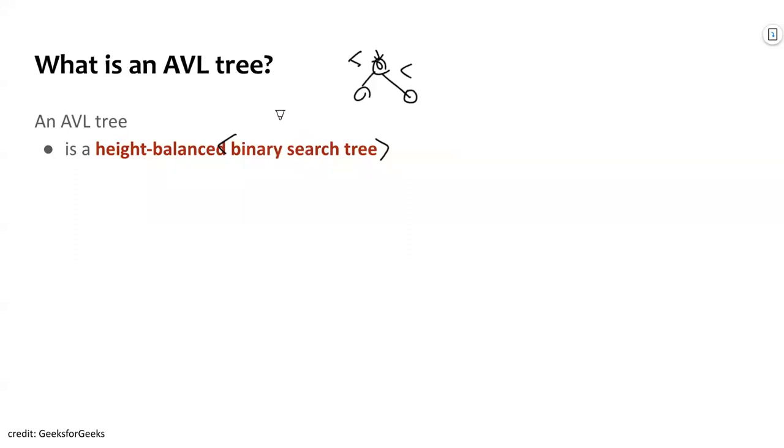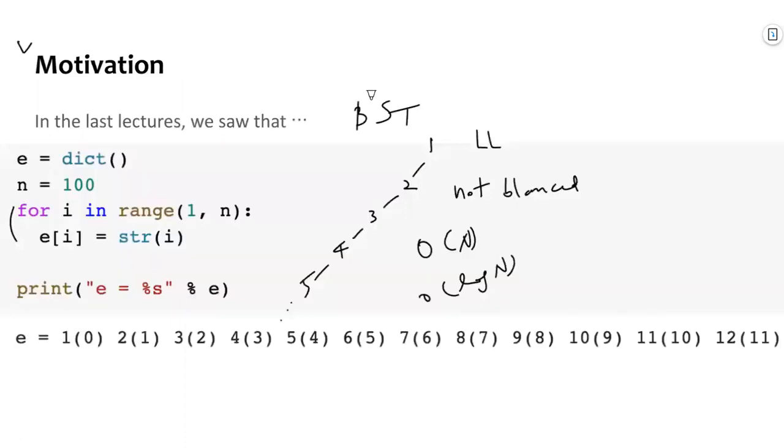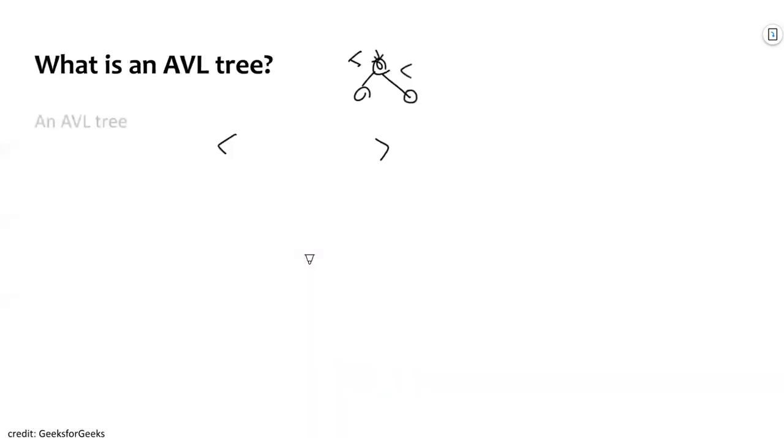However, our binary search tree does not balance its height. So its height could look like this, and this could lead to inefficiency. And we're going to resolve this issue using an AVL tree